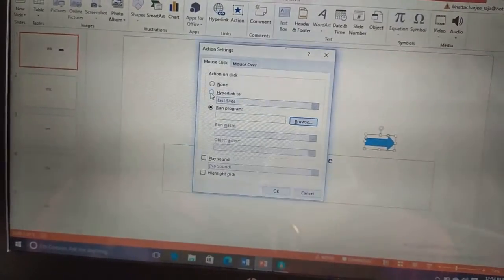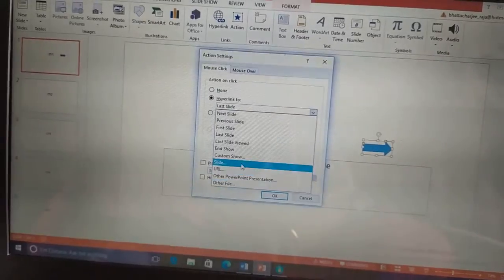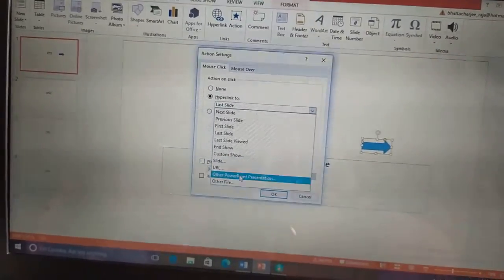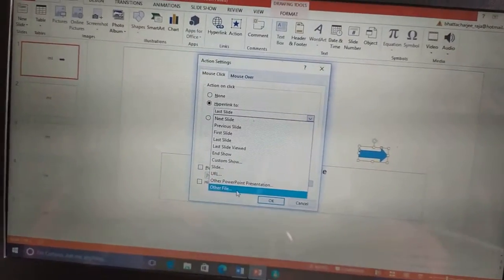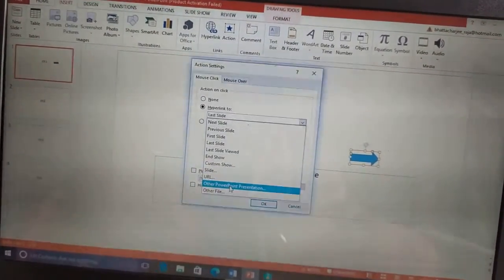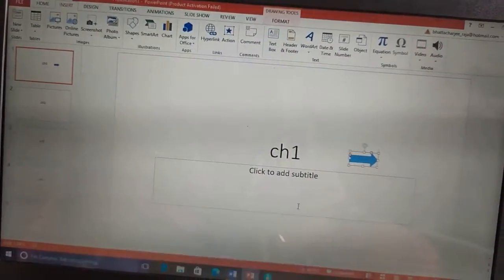In the hyperlink, you can give a URL, or any other PowerPoint presentation or any other file will open. These options are also there. So this is how we use the action button.